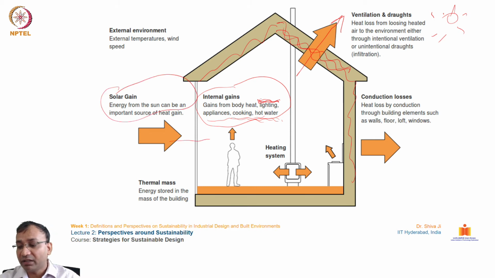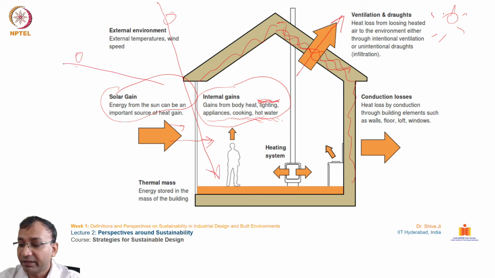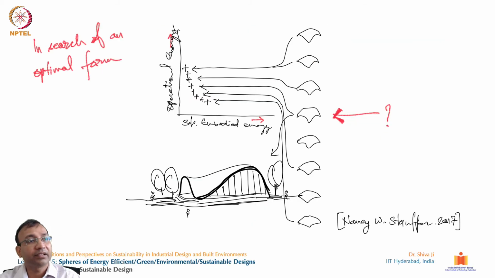Based on these calculations, we determine how much solar gain is going to be there in which month. Because if it is summer, the inclination of the sun is at this distance, and if it is winter, then the penetration of the sun is going to be a little higher. So how are we going to control this? Depending upon this, we can design our buildings, windows and fenestrations. Yeah, this is one example.